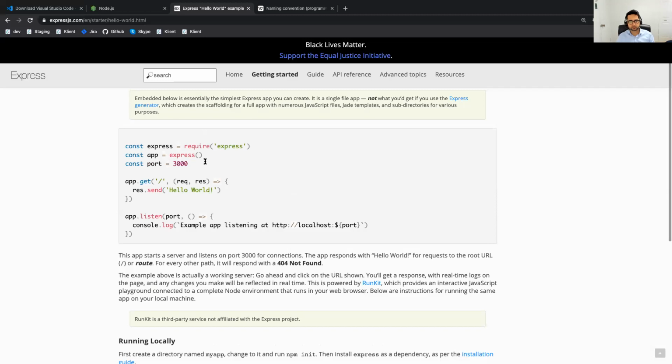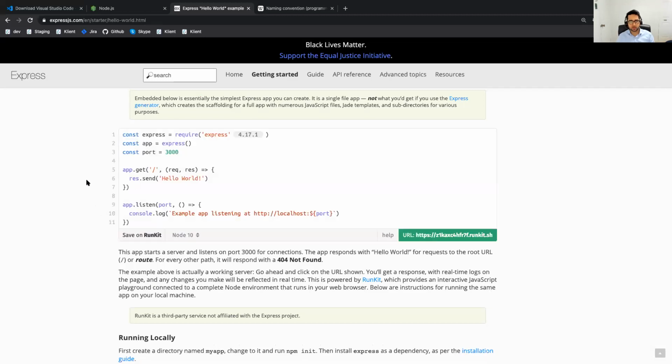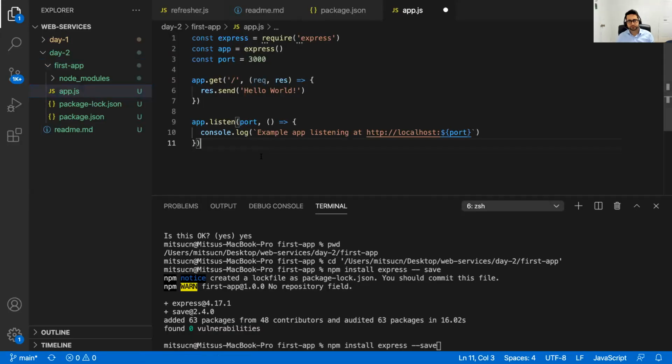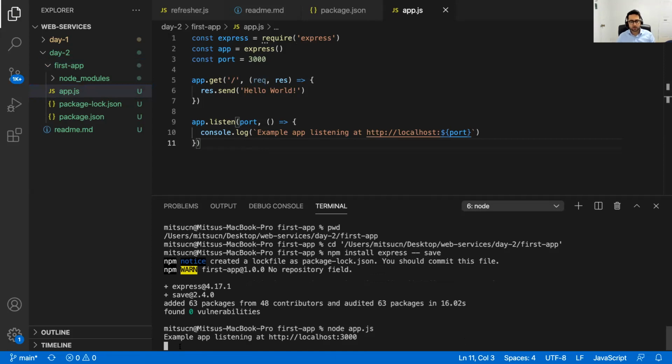From here. Simply going to copy this. Once I do that, I'm going to run this file. I'm going to do node, and then I'm going to give the name of the file, app.js. And when I do that, you're going to see it say example app listening at http localhost 3000, right? And when I click on this,